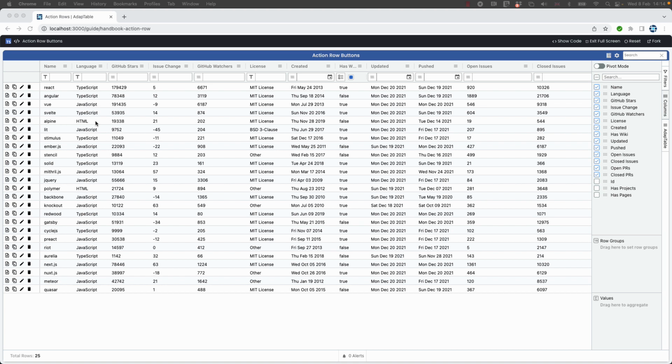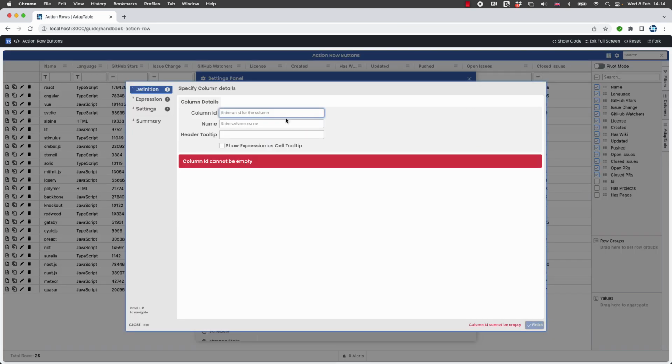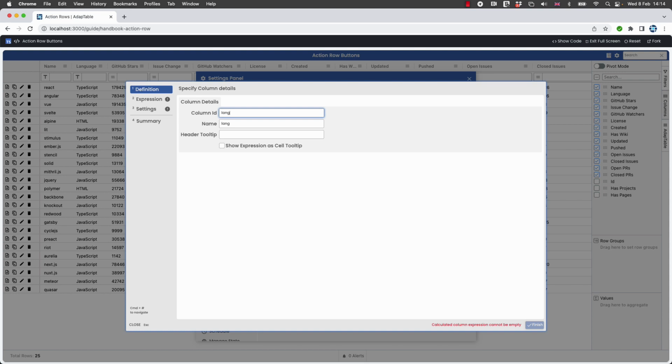As I say, you do that through calculated columns. Currently, we need to do it through 2, but maybe over time we can finesse it so that actually we can use 1. But let's start and show you what I mean. The first thing we need to do is create a calculated column that will have the count. So let's call this lang count. Let's give it a nicer name. We'll call it lang